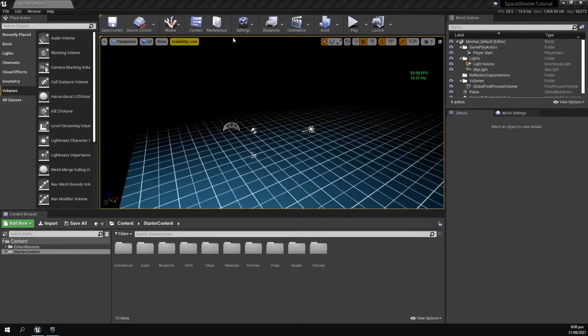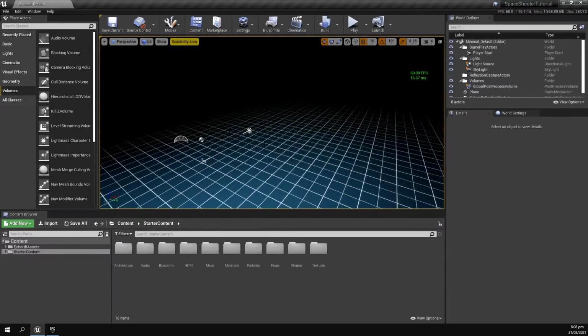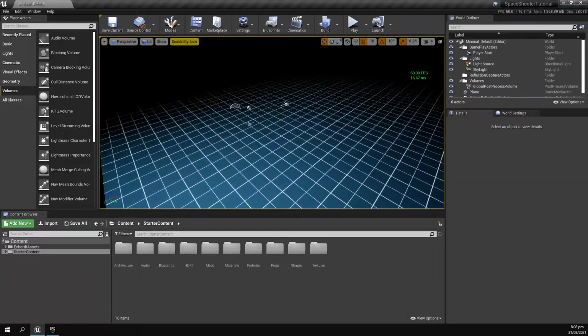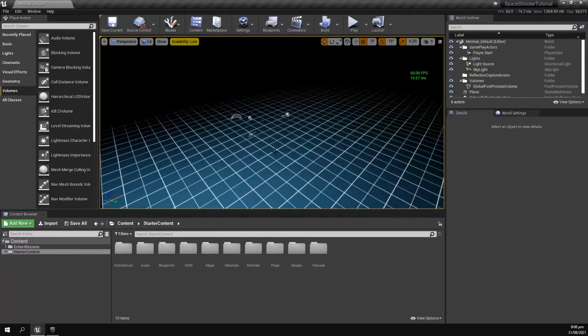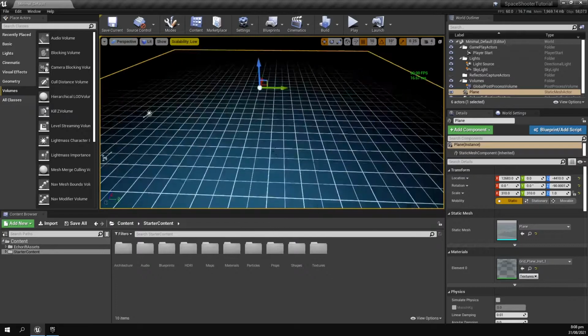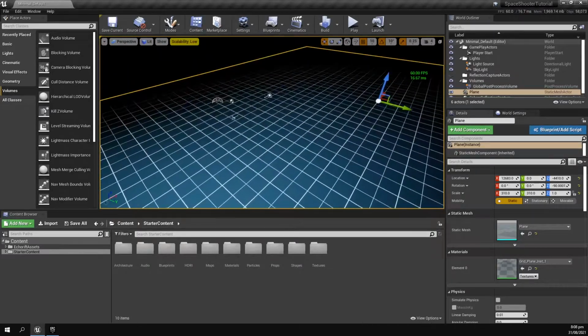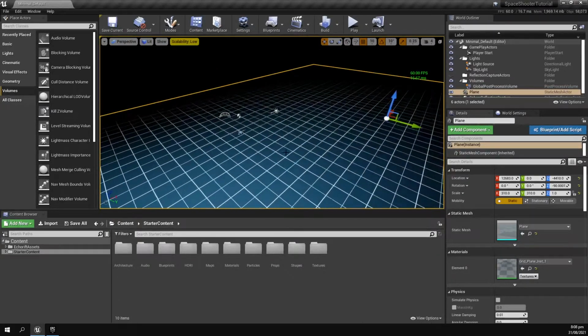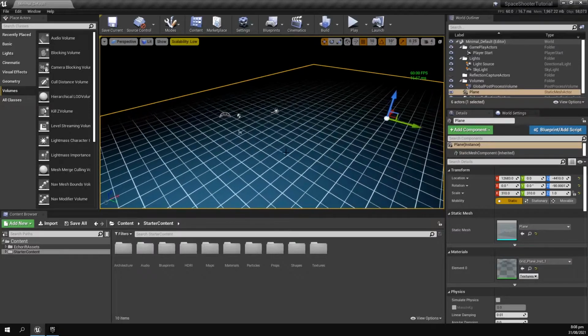You can see in the background in our current viewport window, I have a moving grid on the ground. This I have brought over from a different project of mine. It'll just help give us a bit of a background. You can have your background be whatever you want it to be,